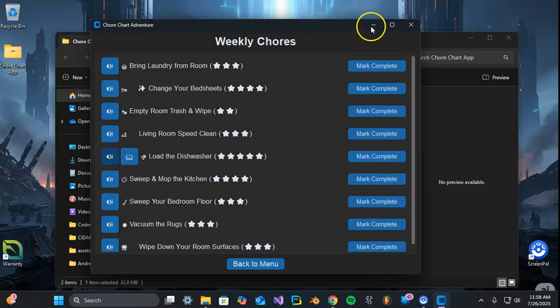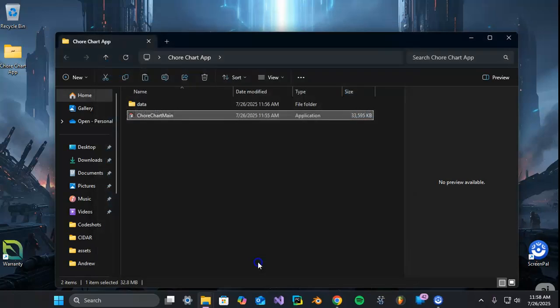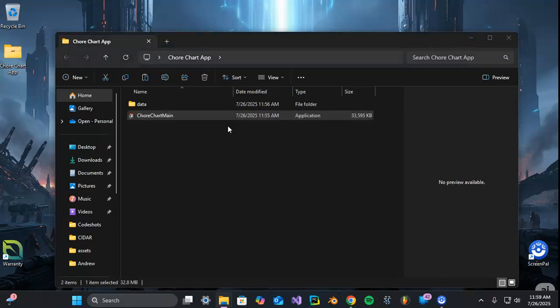Load the dishwasher. Loading the dishwasher correctly helps get all our